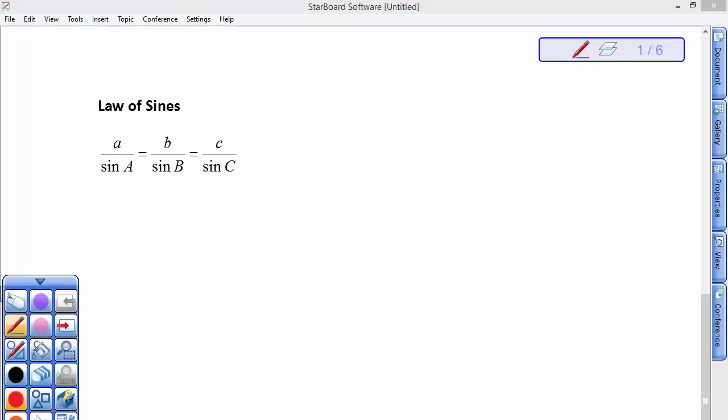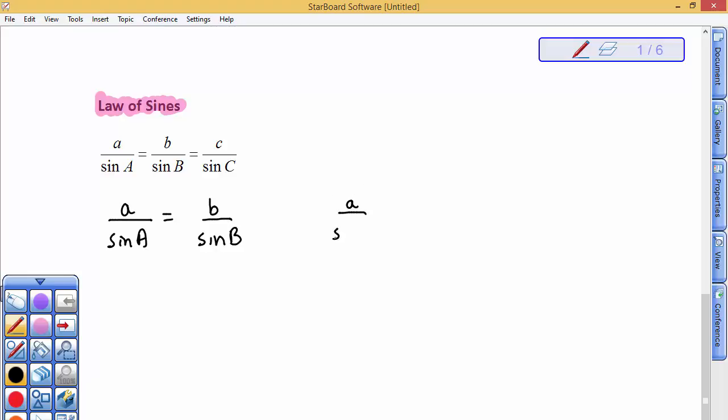Okay, let's finish or follow up some more with the law of sines. Just want to remind you that there are three ways to use the law of sines. One is to use it with A's and B's. Another is to use it with A's and C's. And another is to use it with B's and C's. The bottom line is if you have 3 out of 4 pieces of information in any one of